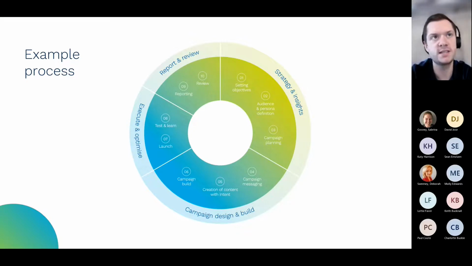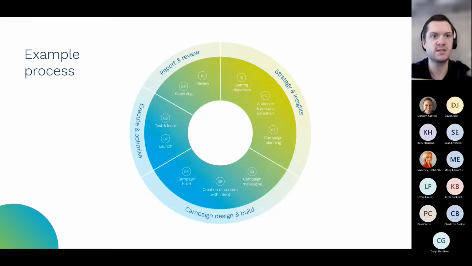So we start off with strategy and insights, numbers 1, 2, and 3. We look at setting those objectives and making sure that they're SMART. What exactly is it we're trying to achieve? Are we trying to generate 10 ebook downloads, 5 new business opportunities? Making sure that they're really achievable and that we can really measure them. Then we look at who exactly it is we're going to talk to, and coming back to Sab's house analogy in terms of the finance people, the key decision makers, so the C-suite, MDs, that sort of stuff, but then also IT managers, service desk people, etc., who are actually going to use things.